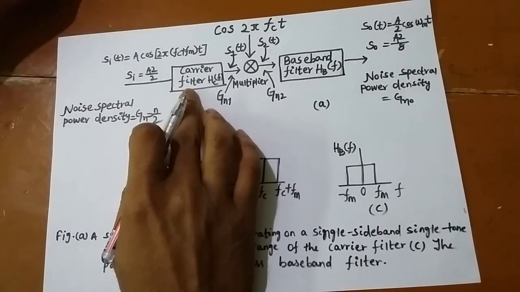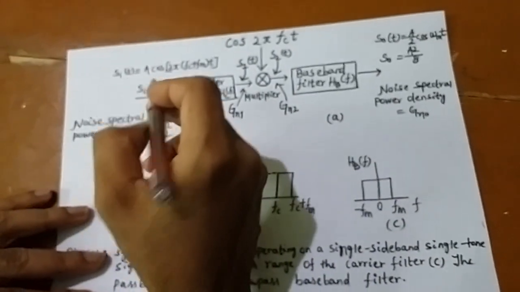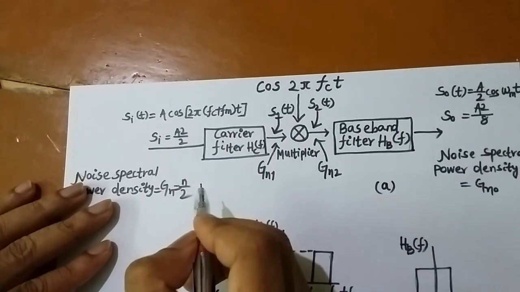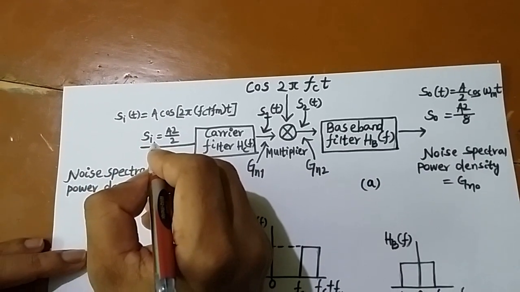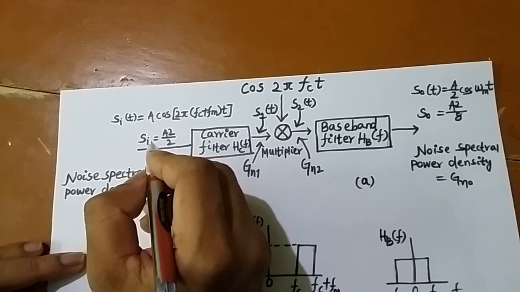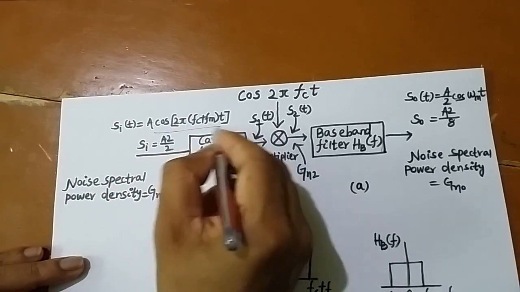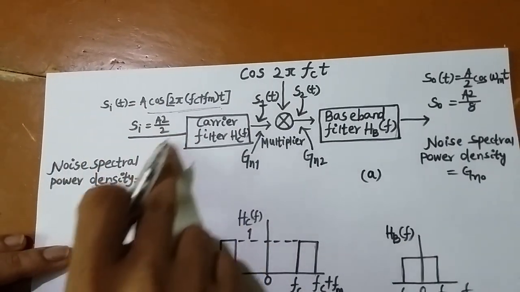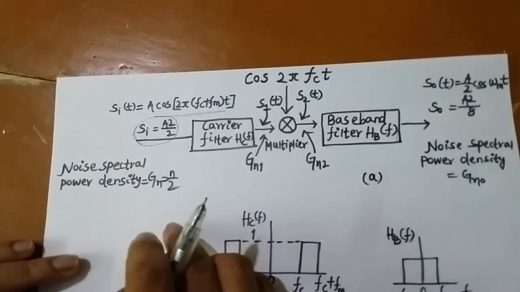Here we have started after the carrier filter portion. You can see we have shown only what comes after the carrier filter. Here we are doing the signal to noise calculation of single sideband suppressed carrier. We have taken the upper sideband modulation. So the input signal is A cos 2 pi (fc plus fm)t, and we know that for a sinusoidal signal, the power is amplitude square by 2. That's why the power is A square by 2.